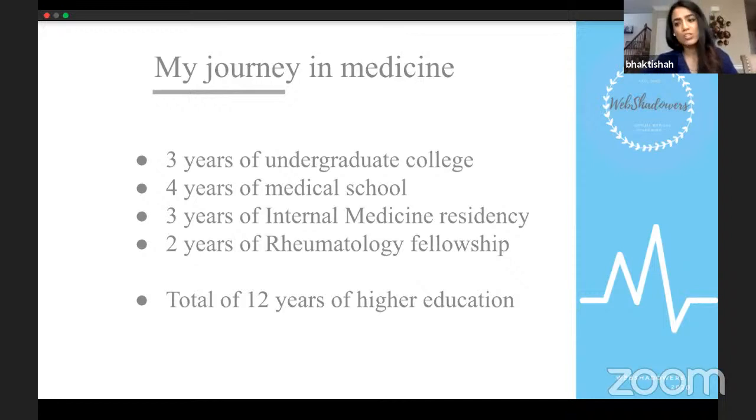After I finished my training, I traveled, of course, pre-COVID. I traveled, I saw beautiful places, and I reminded myself of what I was so worried about before. I was so worried I couldn't do any of those things, but I have been able to do everything now. I was able to date. I got married during my residency, married my college sweetheart, which of course helped because I had already known him for so long. But we were able to do all of that, even despite being in medical training.